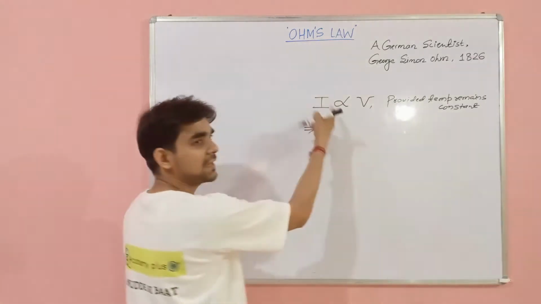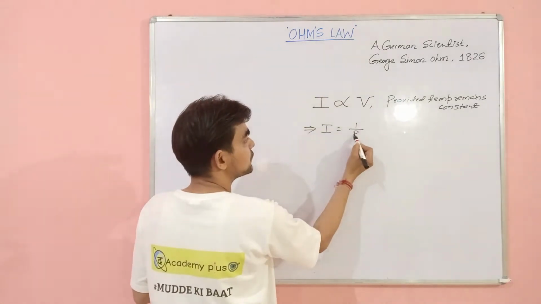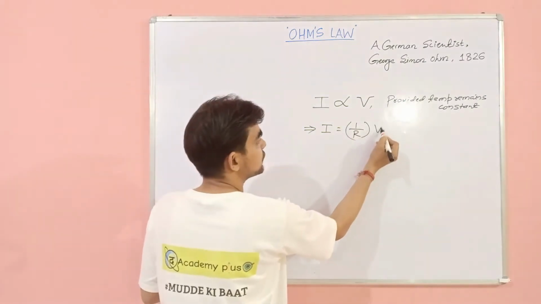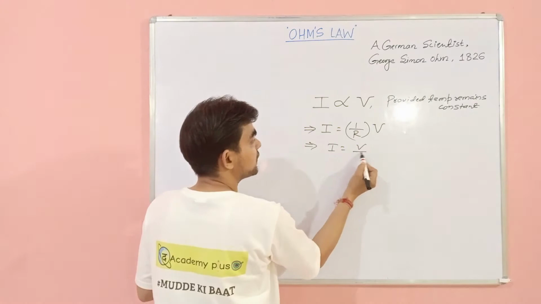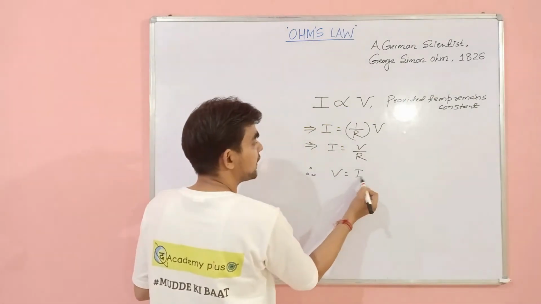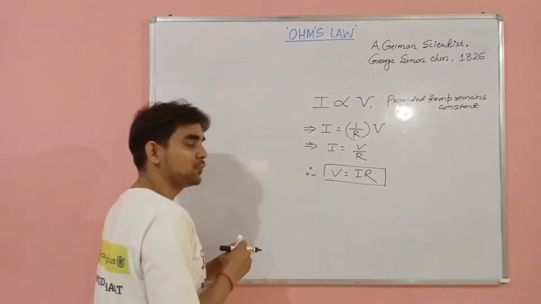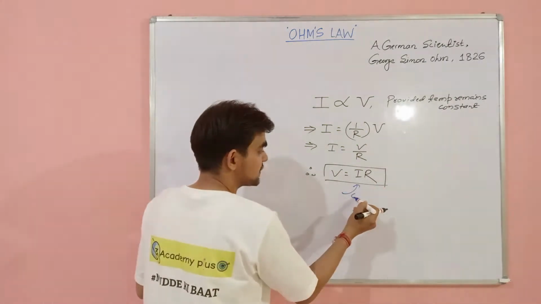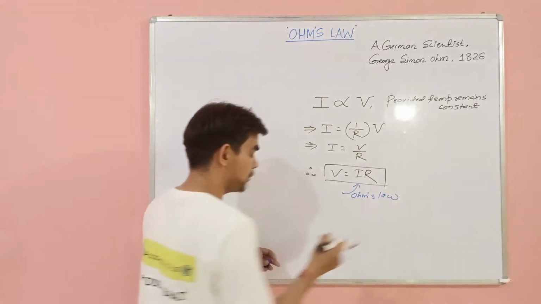Now, to remove the sign of proportionality, I will write I equals 1 upon R into V, or I equals V upon R, therefore V equals I R. So this is Ohm's law, right? This relationship basically gives you the idea about Ohm's law,